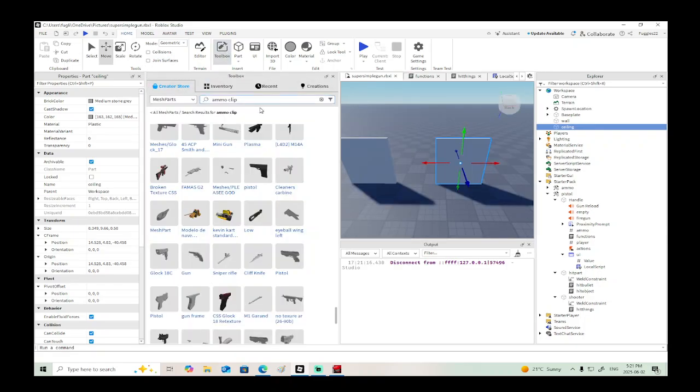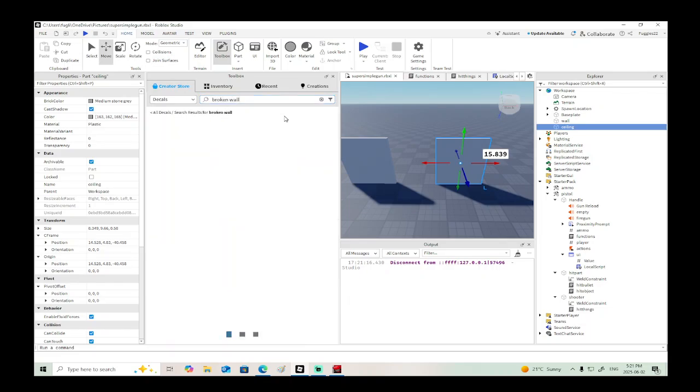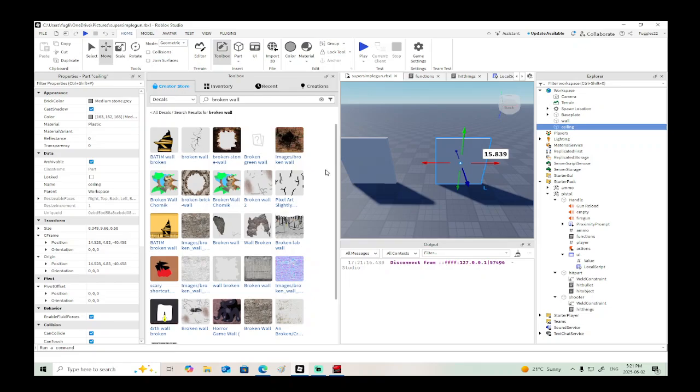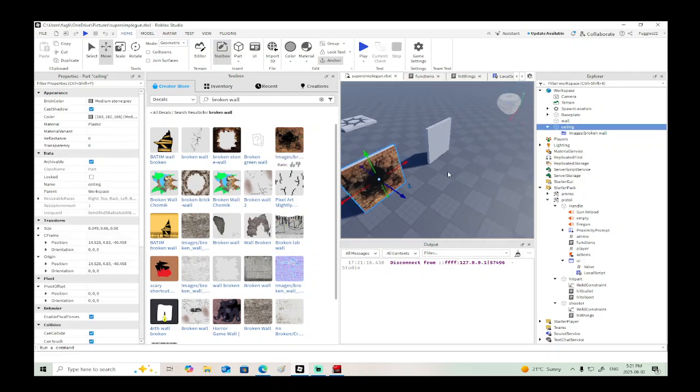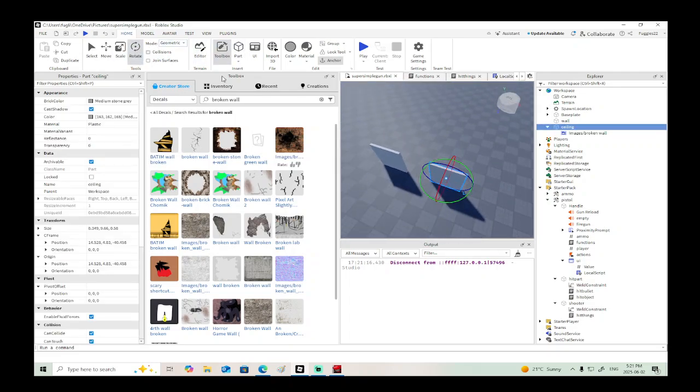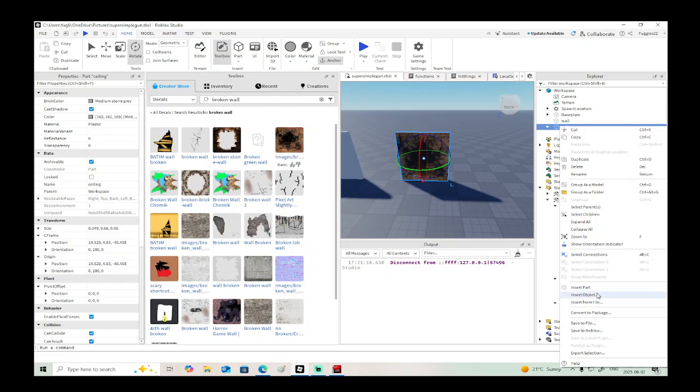Okay, let's go to the toolbox and let's look at decals, and maybe get a broken wall. Let's see, how does that look? Oh yeah. And then let's see if we rotate that. Right, and then if we insert object,